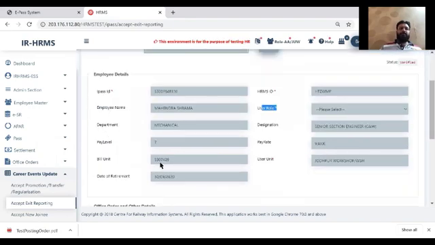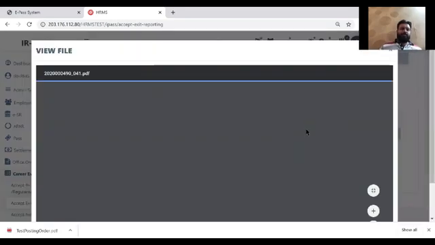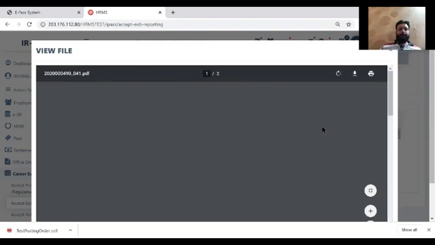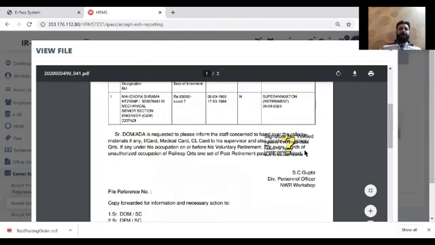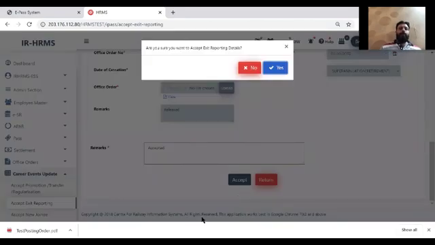I can validate the office order, which office order is issued for this employee for retirement. So if the information according to office order is found okay, then we are going to accept this information. And here, to accept this information will not require any digital signature because we are not going to sign any document here.